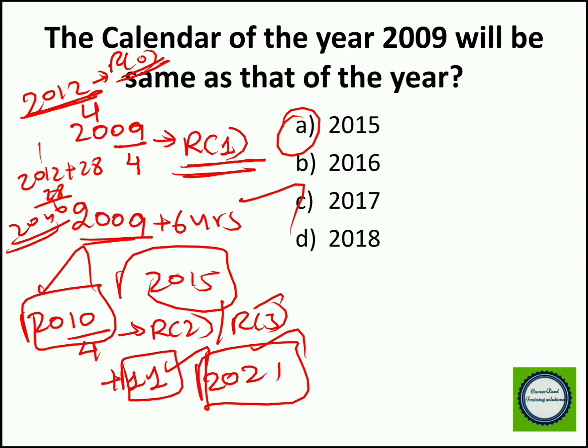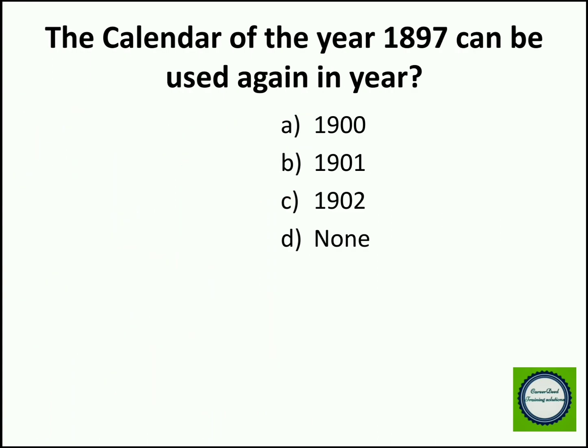So this type of problem is really simple if you use the shortcut. But if you go by the traditional method, it will consume a lot of time. So we shall solve the same type of problem. The calendar of the year 1897 can be used again in the year...